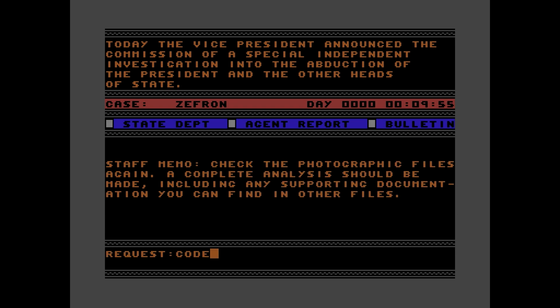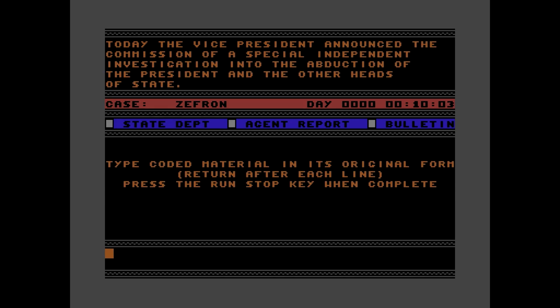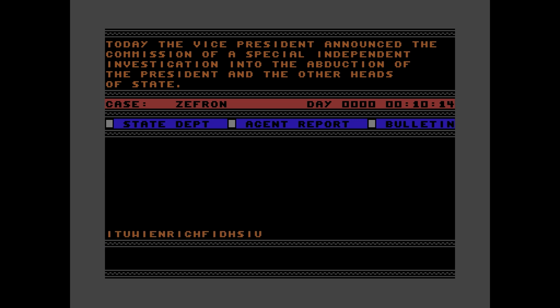And then another command we have here is codes. And this is supposed to be used to decode stuff. Now, there's a transposition screen where you're supposed to type in the coded material in its original form, which we don't have, so we don't know what this is supposed to look like. And it's supposed to decode it to some degree, but